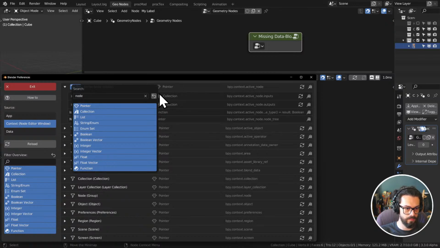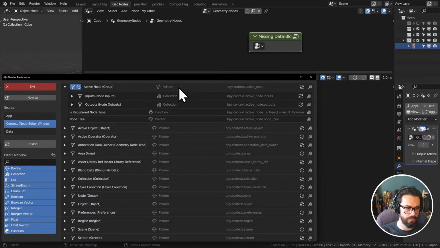There's a space in it. Just node should be good enough. And then just close that. You should see the node tree option here. And you can just copy that, and that gives us the node tree property, which we will need to